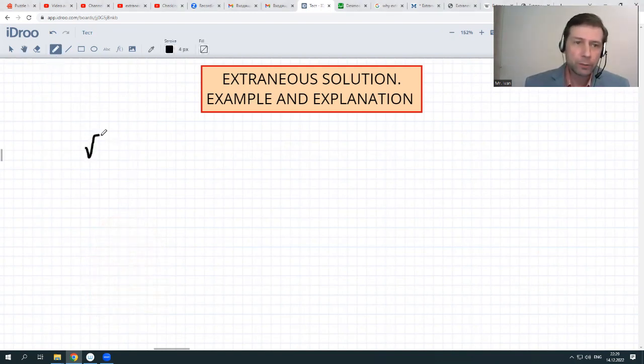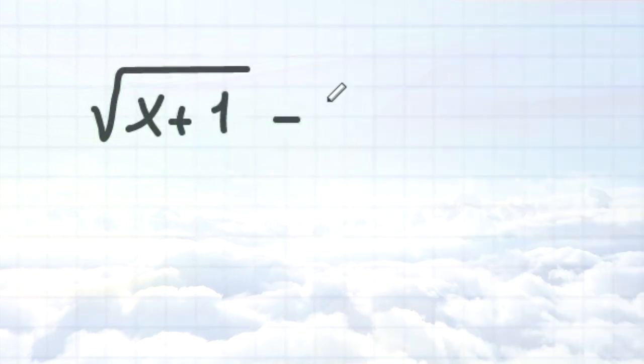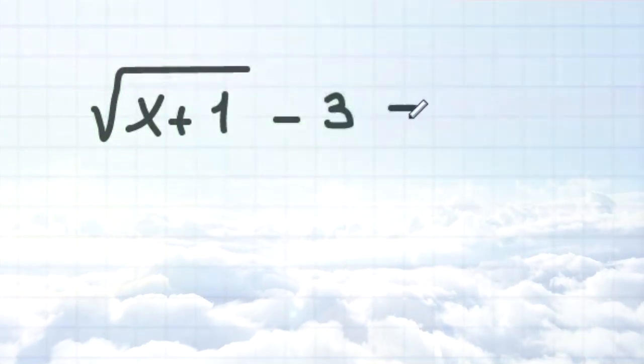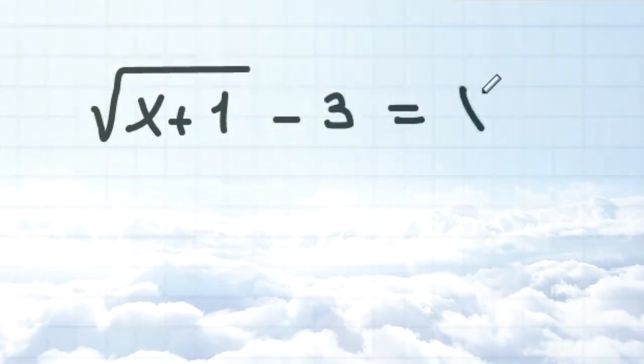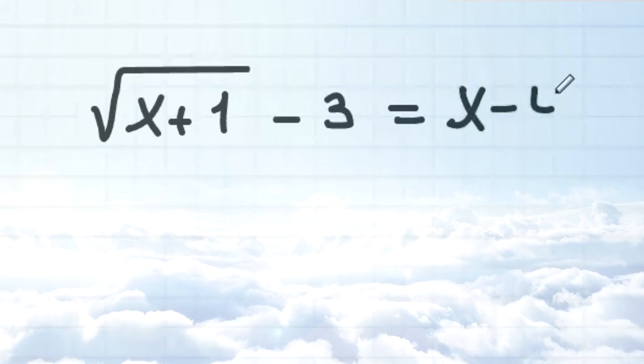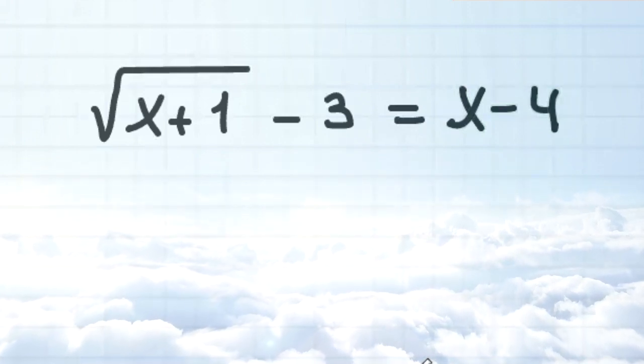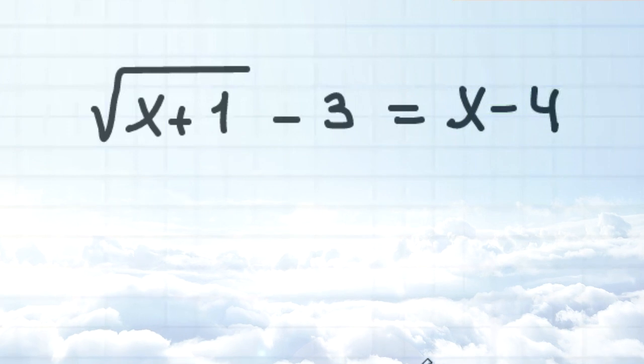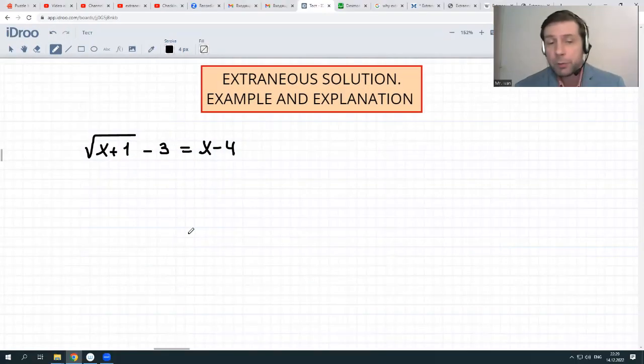Square root of x plus 1 minus 3 is equal to x minus 4. Normal equation, everything looks fine, everything's okay. Left-hand side could be positive, could be negative. From the very shape we see, we cannot judge what's wrong with this, except for